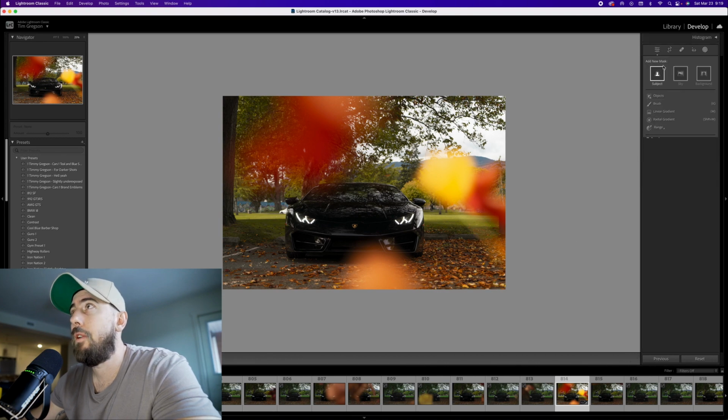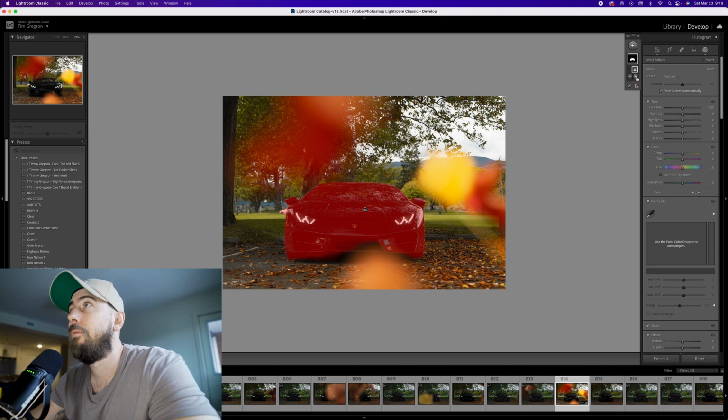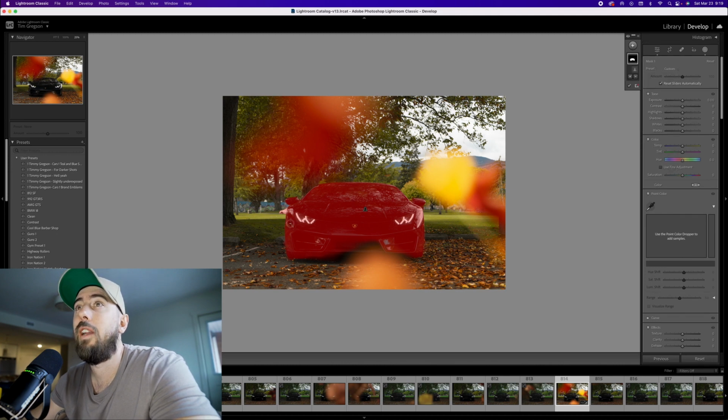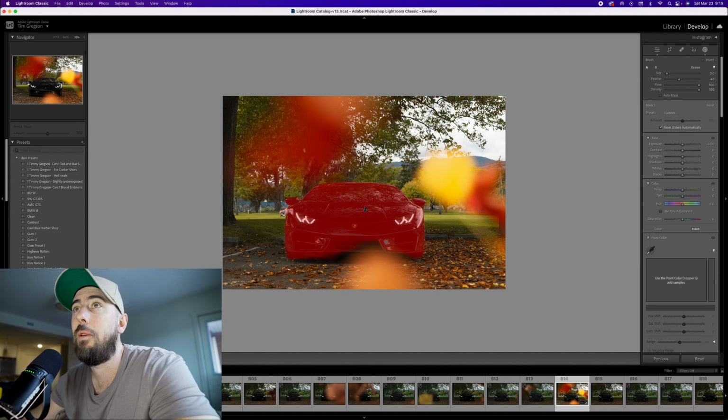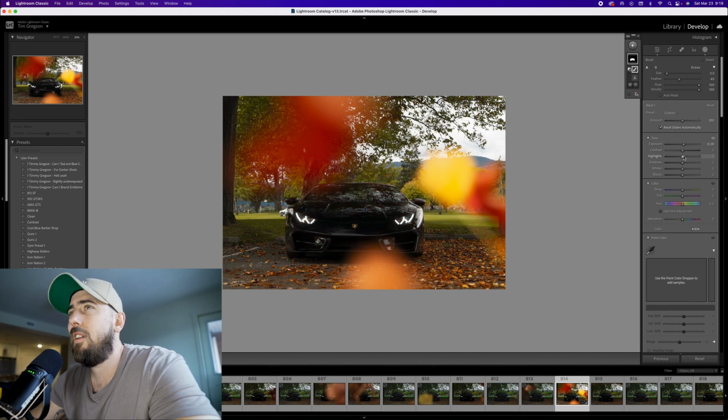Now I'm going to select the subject. I'm actually curious to see what it's going to select. It does a pretty good job of selecting there. I see right here, it picked up this car a bit. I don't want that to give me grief when I start editing the car out. So we'll just get rid of that. Now we'll bring the exposure up slightly. Maybe, yeah,